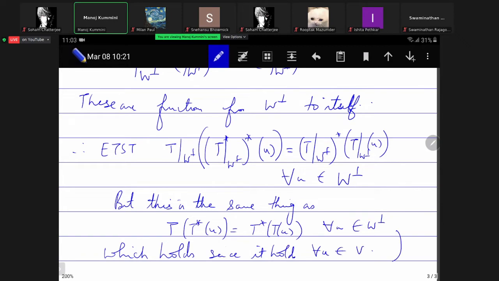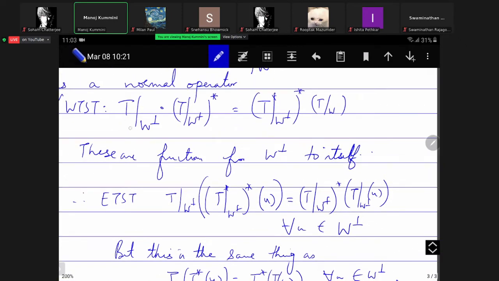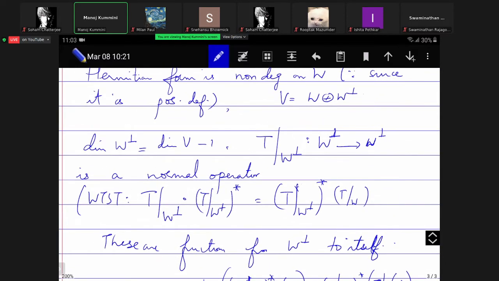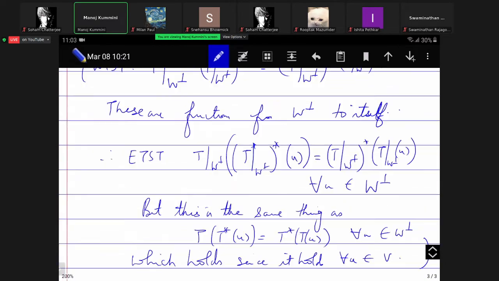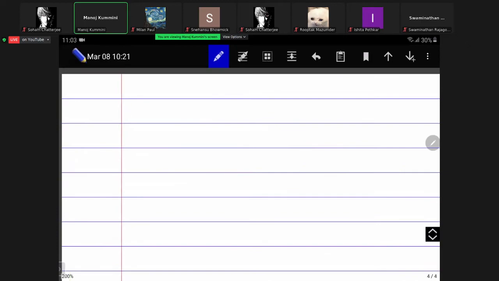Okay, so just for once, let me clarify what it means to say that T T star is equal to T star T. We're just composing two functions, and we want to say that they're equal. And when do we say two functions are equal? Precisely when for every input, they give the same output. That's what we just did. So this is a normal operator. Therefore, by induction on dimension,